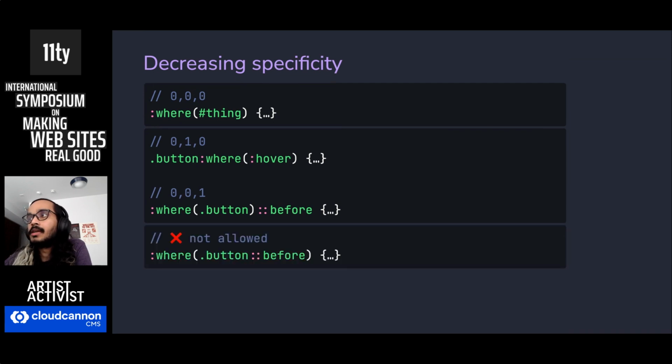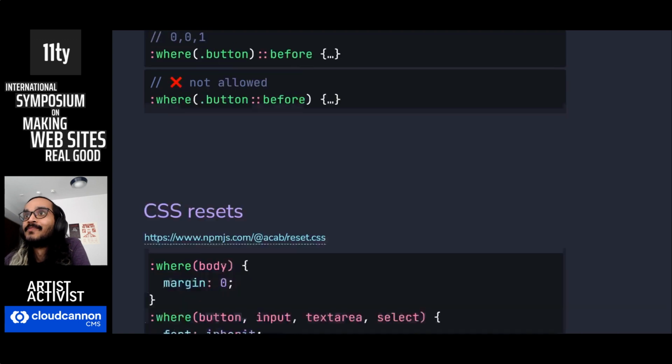There's one restriction here. You can't put a pseudo element selector inside :is() and :where(), but that's just a thing that you'll get used to. But yeah, in other words, we now have a CSS native way of writing any kind of selector we want with just the right amount of specificity. That's awesome. CSS is awesome.